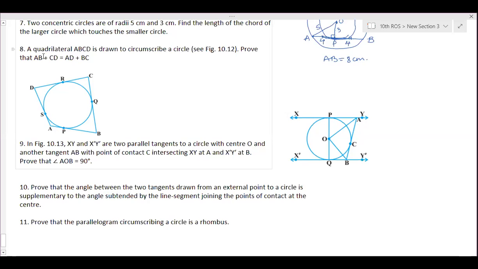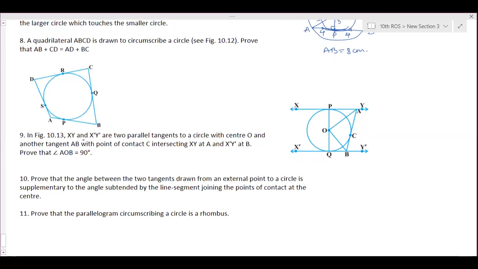Yes, ma'am. Ma'am, can we use it as a property? No, we are proving it again. The same thing you proved for the previous question, you are proving for this question also. After that, how to prove now that the parallelogram is a rhombus? We know that in a parallelogram opposite sides are equal. So AB plus CD, instead of that you can write AB plus AB is equal to AD plus AD, because opposite sides are equal. Therefore 2AB is equal to 2AD, so AB is equal to AD. In a parallelogram, adjacent sides are equal.